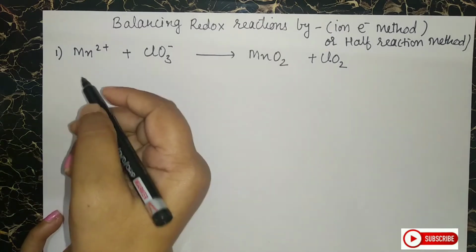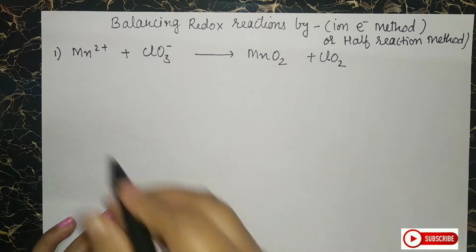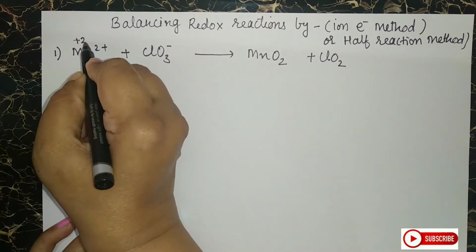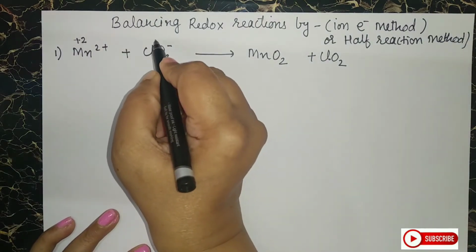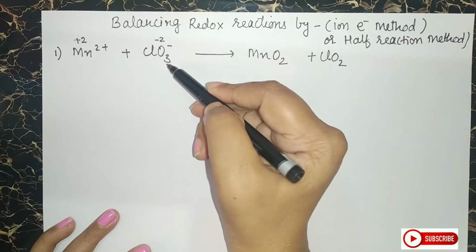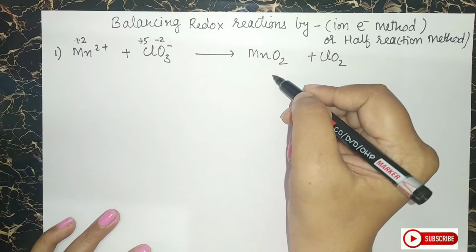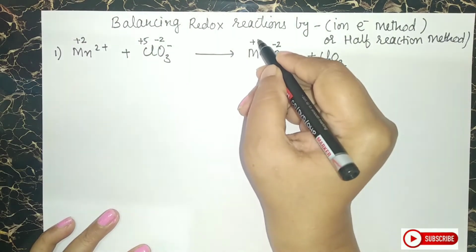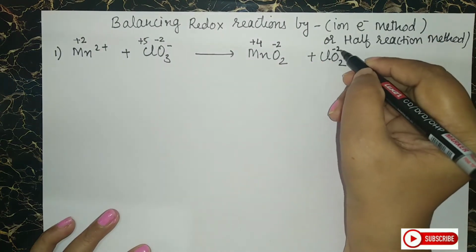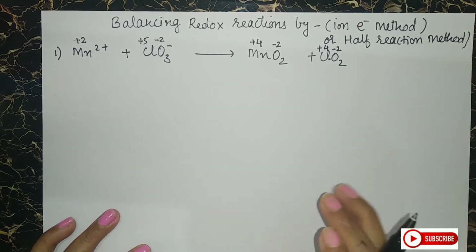reaction. So let us first assign the oxidation numbers and predict which species will undergo oxidation and which species will undergo reduction. So for that, manganese here is in its ionic form. So the oxidation number here will be +2. Oxygen here is -2. In the molecule -6. Residue charge -1. So this will become +5. Here manganese will be, this oxygen is -2, in the molecule -4, so this will become +4. So we have assigned the oxidation numbers.